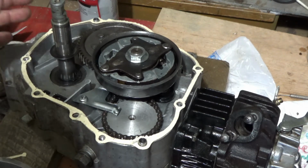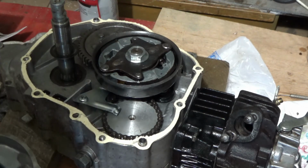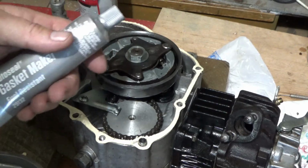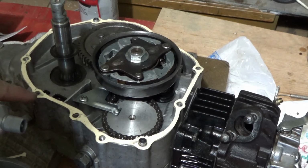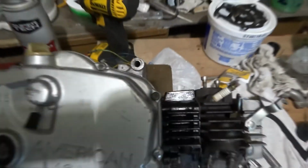So if I wind up taking this off, I do know, not personally, but I saw it on a video, a guy had a Honda 90, and he used gasket maker to seal it, and then there were some issues with clearance. He had to order in a gasket and scrape the gasket material off because of that difference. And so the cover is on,